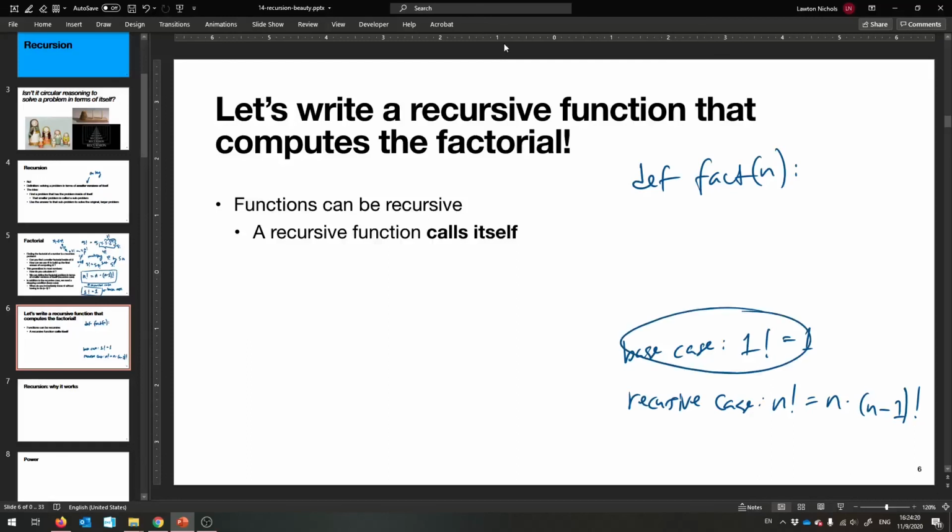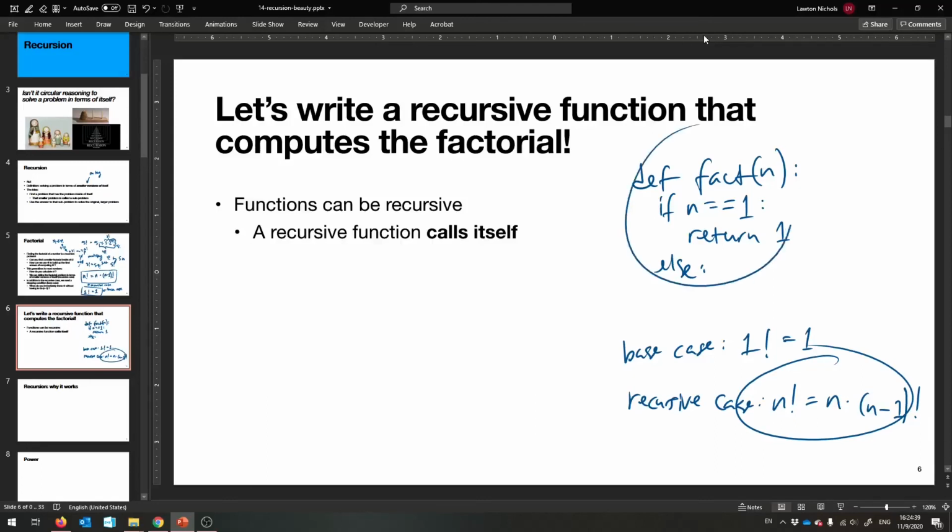So we need to figure out if we're in the base case or the recursive case. So if we're in the base case, if n happened to be 1, well, the final answer is just 1 in that case. We're trying to calculate the factorial of 1. So we'll return 1. Else, n was not 1, so maybe it's bigger. Technically, this won't work for negative numbers, but that's okay. Else, how do we do this? We need n-1 factorial. And we can actually get that by calling fact again. So fact n-1.